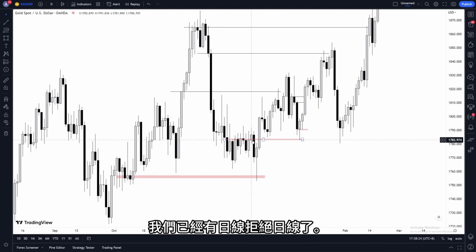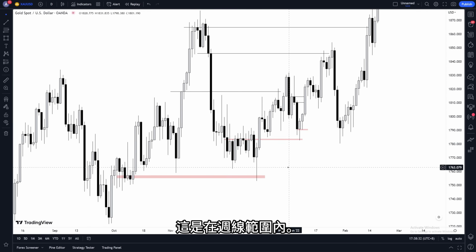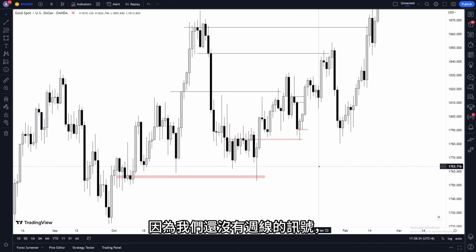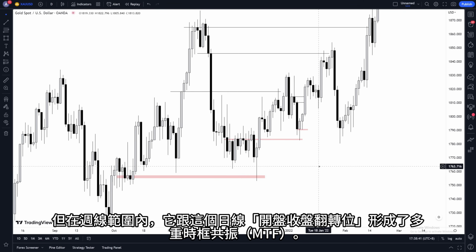right? We already have the daily reject the daily, this zone right here. See where my crosshair is at? This zone right here. This is within the, down a bit more, there we go. This is within the weekly. Okay, because we haven't had the weekly reject weekly and daily breakout yet. We've had just the weekly reject weekly part, but within the weekly it's MTF'd with this daily open close flip,